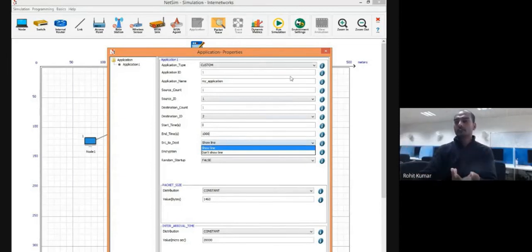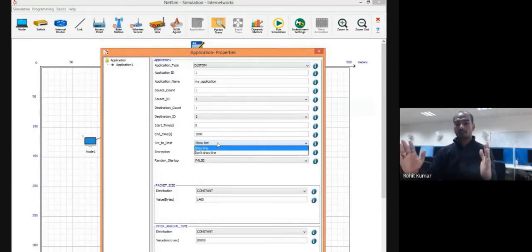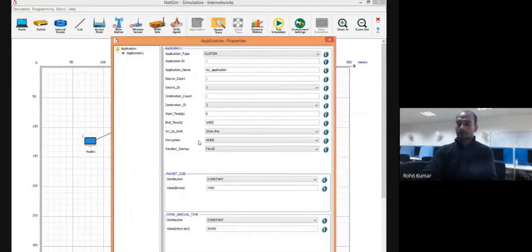But just for the sake of visibility, for improved GUI configuration, they have given an option: if you have a complex environment and you have deployed multiple applications, hundreds of devices, tens of applications, then it is needed to identify correctly which particular node is connected to which particular intended destination. So then this option of showing the line is useful. Otherwise, in this small configuration where you have only two devices, there is no need to configure it. But okay, we configure it, then show line.